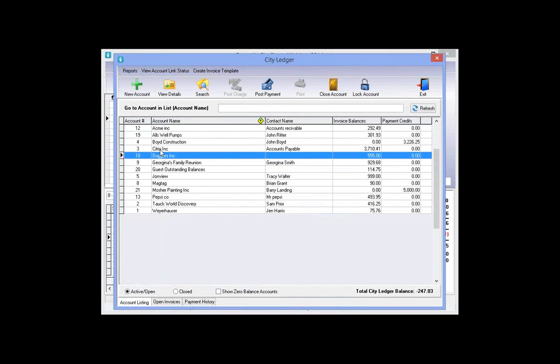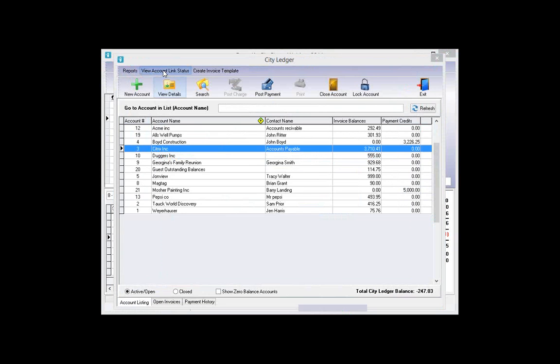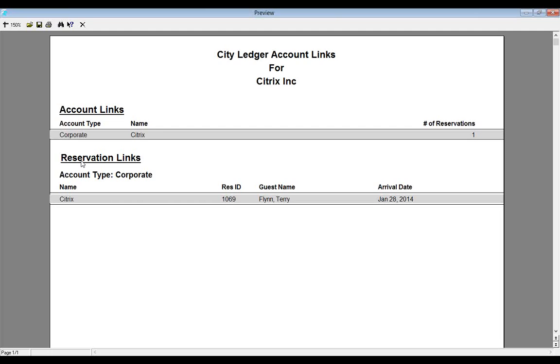Now I'm going to go over to Citrix for a moment because I know they have some. I'm going to go to View Account Link Status, and here it shows me that Citrix is tied to a corporate account, and there is one reservation out there. And if I click Print, I can see it's actually for Terry Flynn. So if you're going to take away direct billing privileges from a company, you've got to see if there's already an existing reservation, because are you going to honor that? Are you not going to honor that? What are you going to do for that billing? Because Duggars doesn't have any reservations,